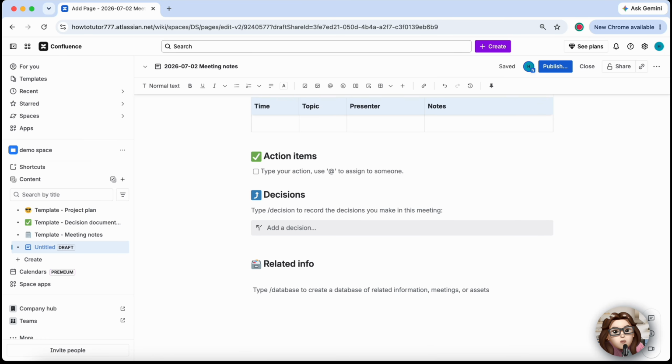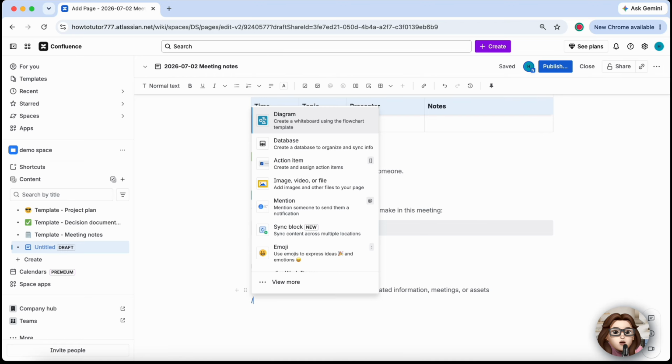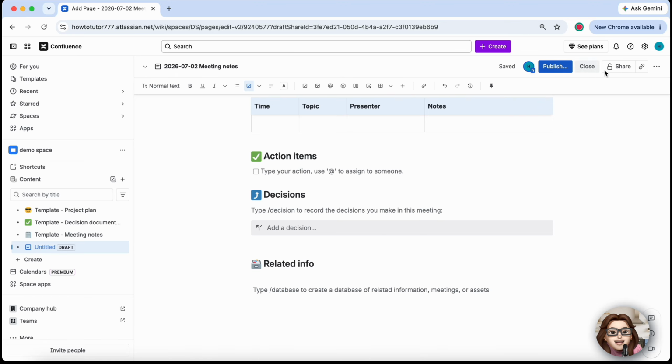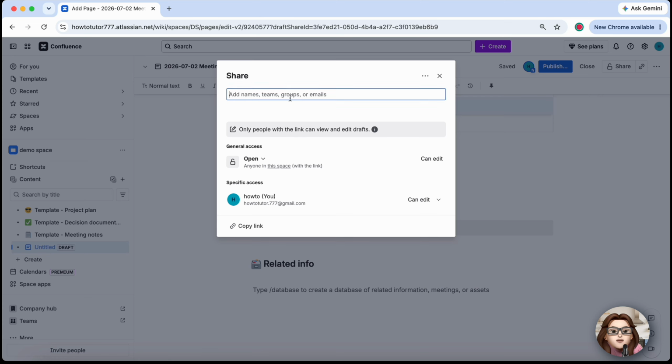Finally, invite your teammates to the space using the share or invite option. Once they're added, everyone can collaborate by editing pages, leaving comments, assigning tasks, and sharing knowledge in one central location. That's how to set up